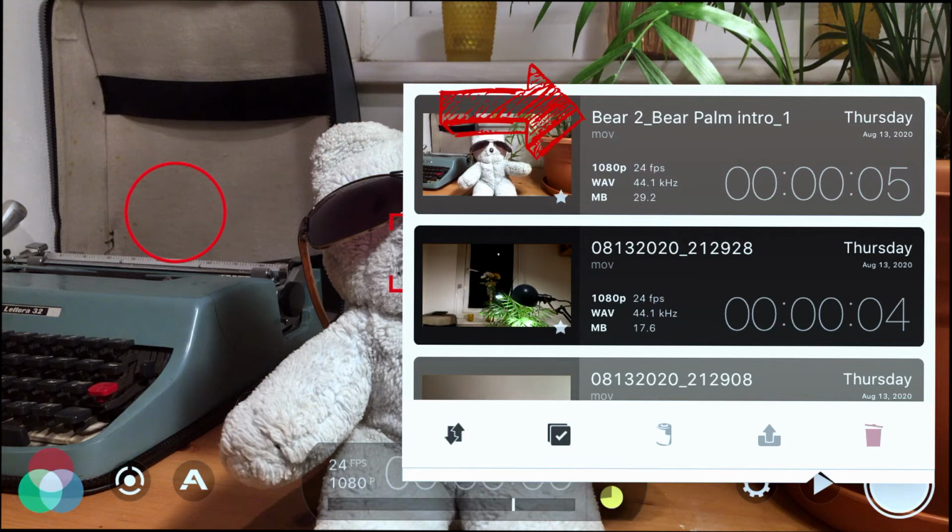Bear Palm Intro, take 1. So let's say you've got Bear 2, Palm Intro 1, but you've done 5 takes. It's going to be way easier to look at these and know from scene to scene which one's which. So you might have Bear Bar if he walks into a bar, or Bear Fight if he goes into a fight. For me, I find that much easier when it comes to post-production, because you've described everything so